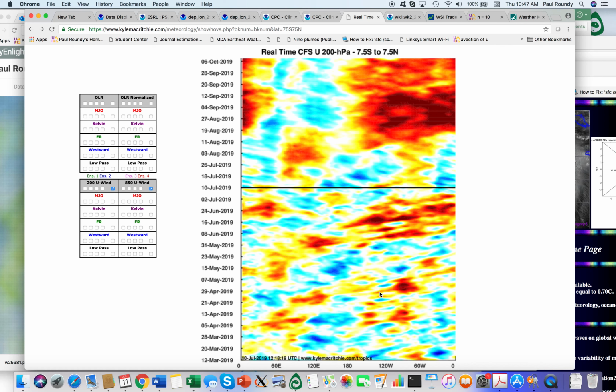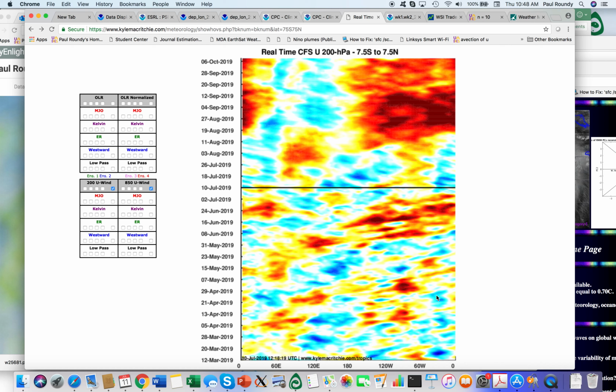You'll notice a general tendency of westerlies to outdo easterlies over the western hemisphere region, while conditions near the dateline have more upper tropospheric easterlies. And these are generally consistent with a weak El Nino condition. As the CFS model goes forward, it typically produces more westerlies over the western hemisphere than actually occur. But these are associated with development of El Nino conditions, in this case, in the model concentrated near the dateline.